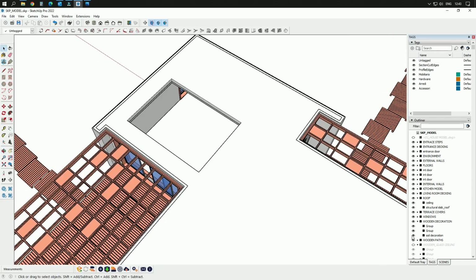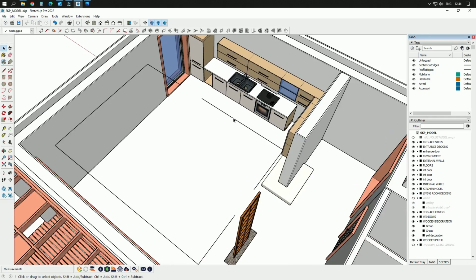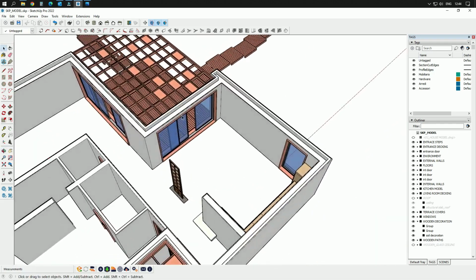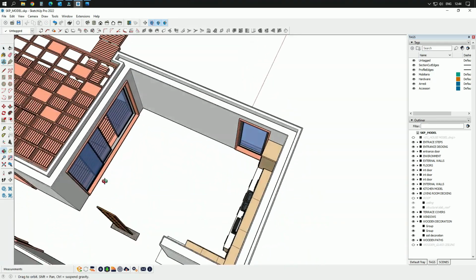And now I will hide the roof, delete all this stuff here, which is some kind of parasitic geometry. Yes, so now we are ready to continue ahead and to create the wooden element, the shelves here and the